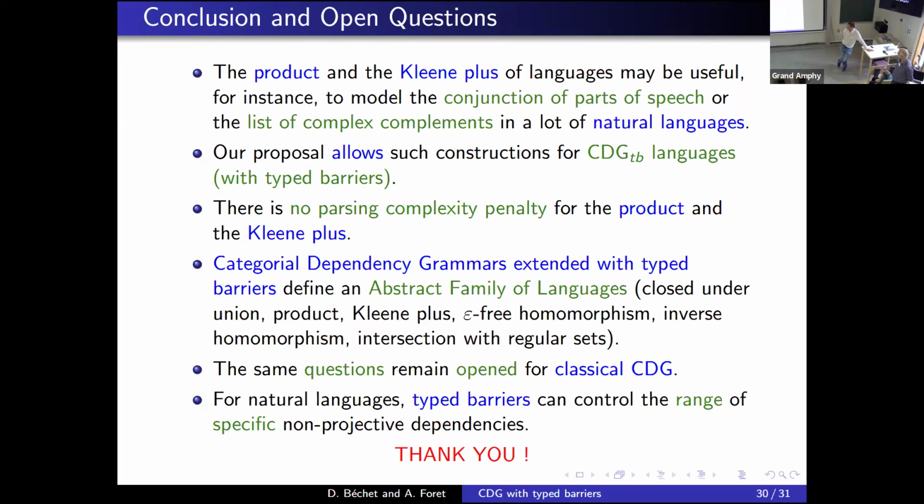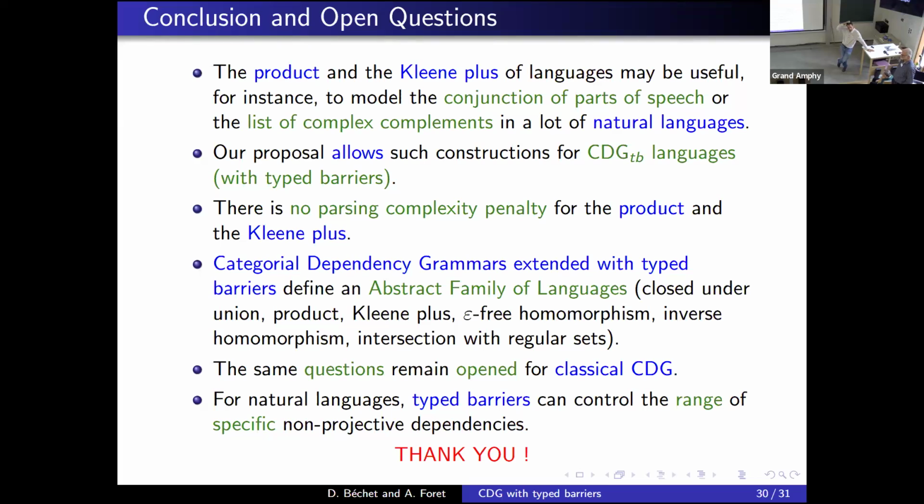And of course, the problem is whether it is possible to have something very rich. If we have something very rich, like a dependency structure, the problem for CDG is that we have two kinds of dependencies, while they only have one.